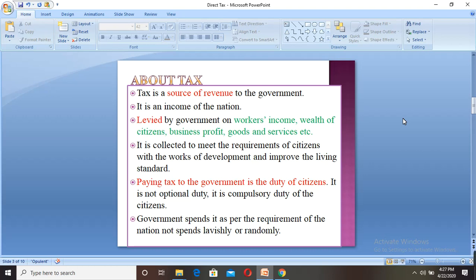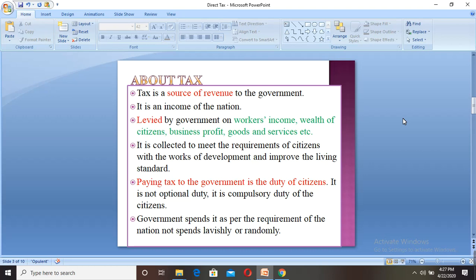We know that citizens are always in need of facilities from the government, and the government tries its best to meet the requirements of citizens so that citizens can realize their living style becomes better. The life of the citizens in the nation becomes better if the government utilizes the tax